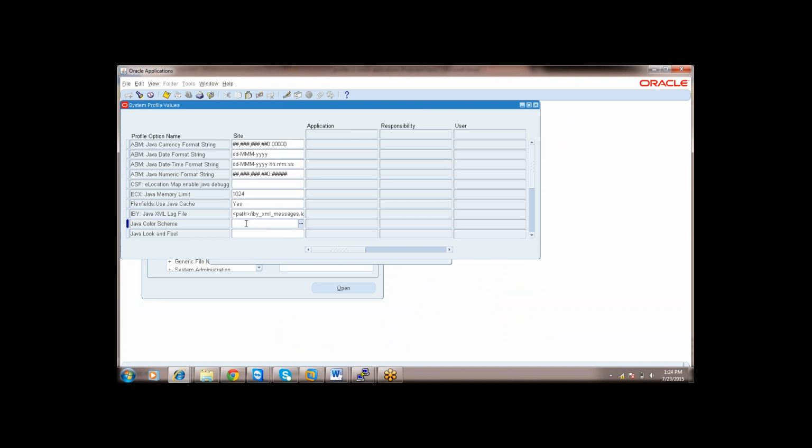What is the Java color scheme set at site level? There is no value set at the site level. The default color we are getting is blue.